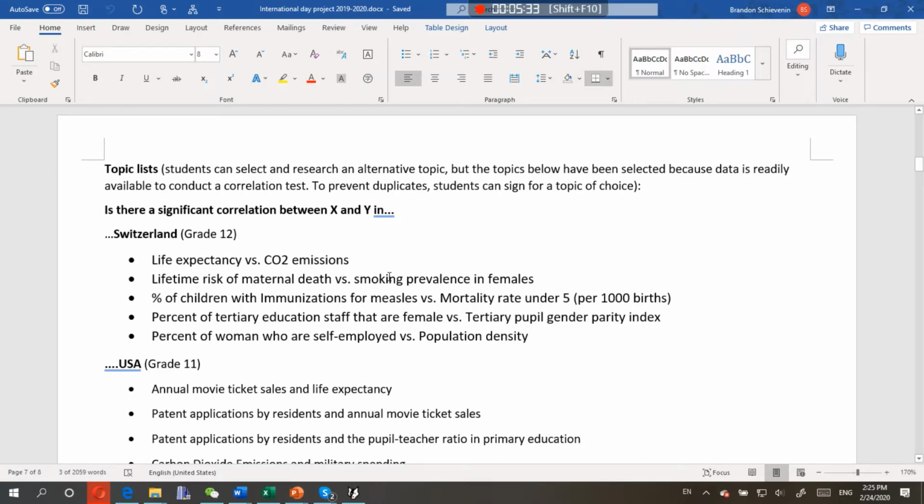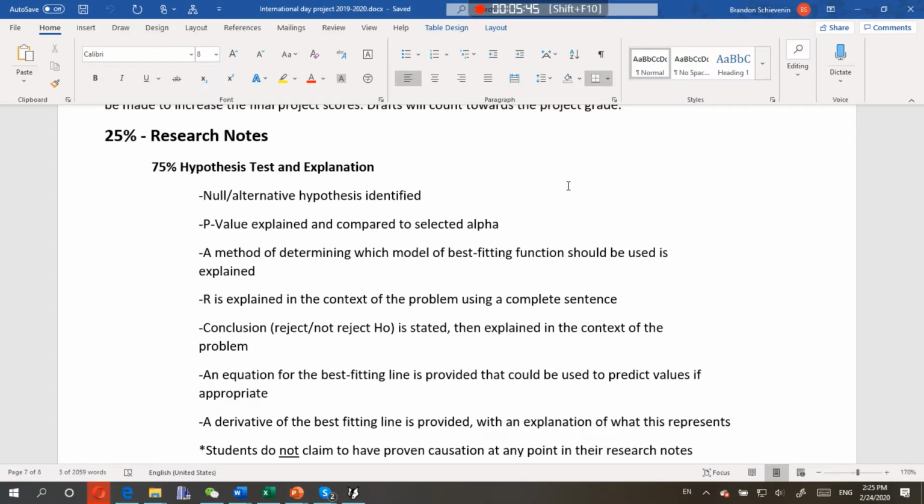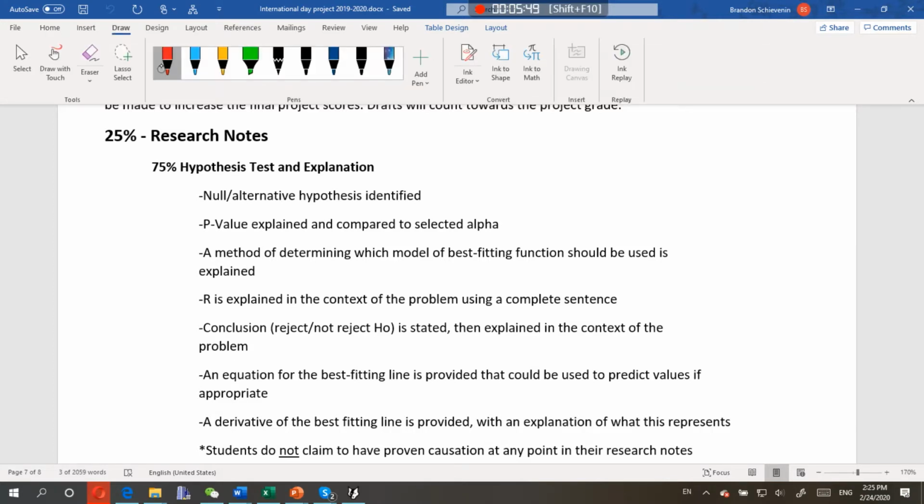I've got a rubric, so this is what I'm going to be looking for in your first draft for your research notes. I'm going to go straight down this checklist and just check: do you have this? Yes, or do you not have this? No. So for your first draft, it should be a fairly easy grade, where I can just say, yes, you've got it, or no, you don't. And then I'll write you